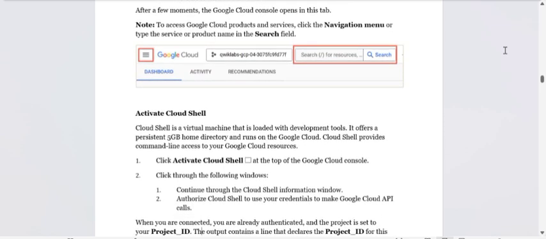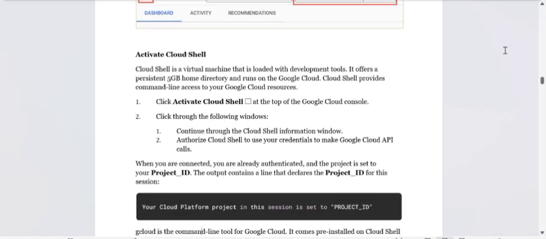Now we have to activate first the Cloud Shell. The Cloud Shell is a virtual machine that is loaded with development tools. It offers a persistent 5 GB home directory and runs on the Google Cloud. Cloud Shell provides command line access to your Google Cloud resources. First, we have to activate the Cloud Shell, and then